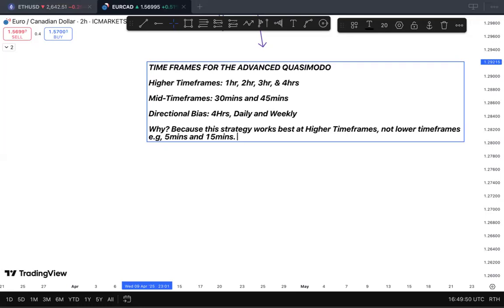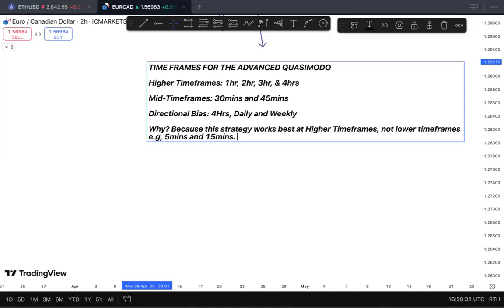Even if later you saw that it worked out, don't be tempted, because at the higher time frames, once structure is formed, it takes a longer time. Any structure that is formed on a higher time frame gives an assurance that it will hold as far as the criteria are correct. It gives you this assurance that this thing is going to hold as far as you know what you are doing and the criteria that you have for that strategy aligns with it. All right, then at least 60 to 90% it is going to hold.